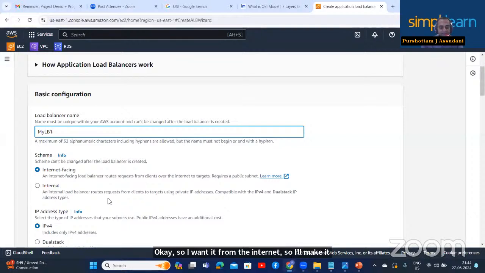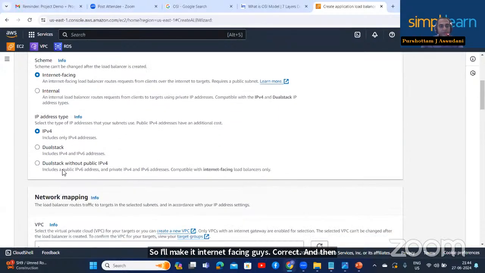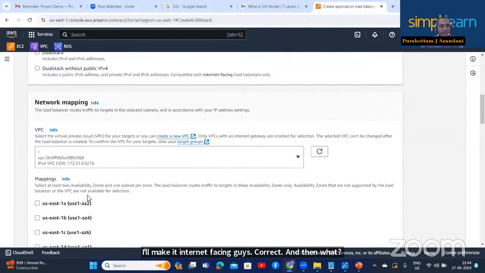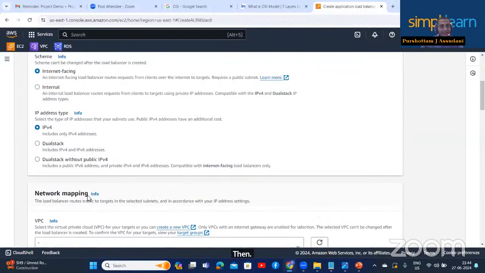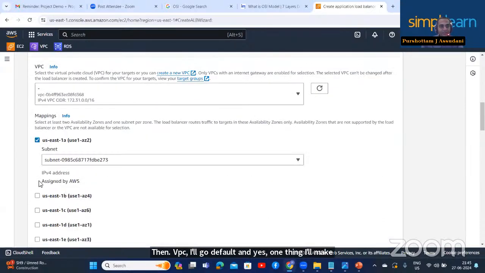Internet facing, correct? So I'll make it internet facing, guys, correct? And then what? Then VPC, I'll go default. And yes, one thing I'll make sure is that I'm putting this load balancer in all the